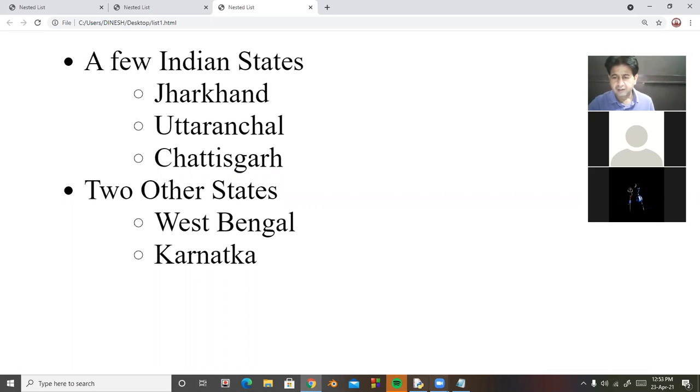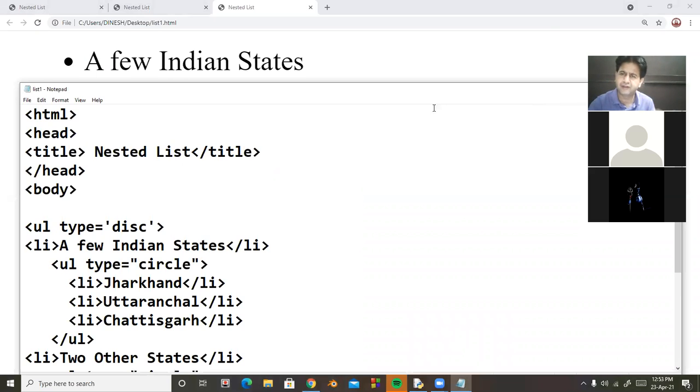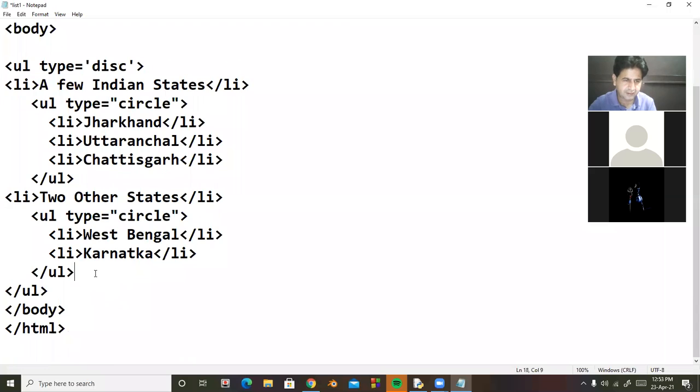Okay, now we can also make a definition list as a part of a nested list. Suppose I continue this here. I take again LI, and in the case of the main list, I am taking here LI, and then I take here definition lists.